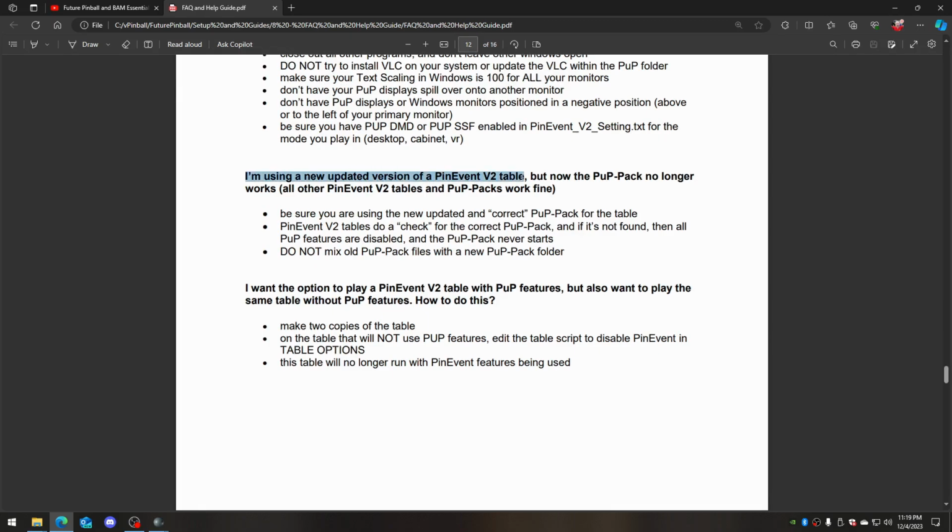So you're using a new updated PinEvent V2 table. Let's say you got a newer Sonic Pinball Mania table, but now the PuP-Pack is no longer working, but the older table worked just fine. Well, make sure you have both, not just a new table, but also the newest PuP-Pack that's included with the table. You have to install it every time to be absolutely sure you're using the up-to-date one, because what happens